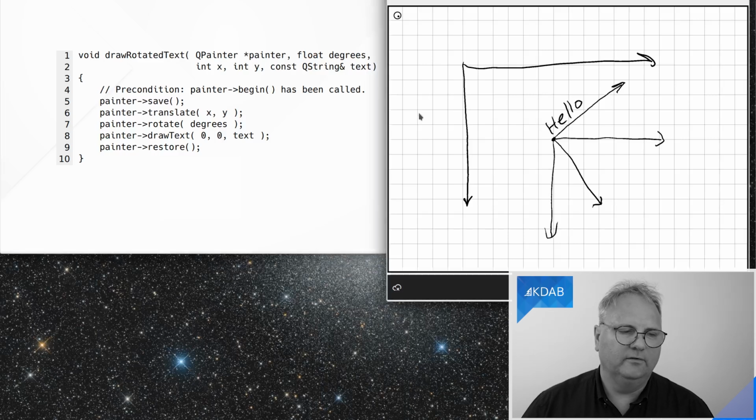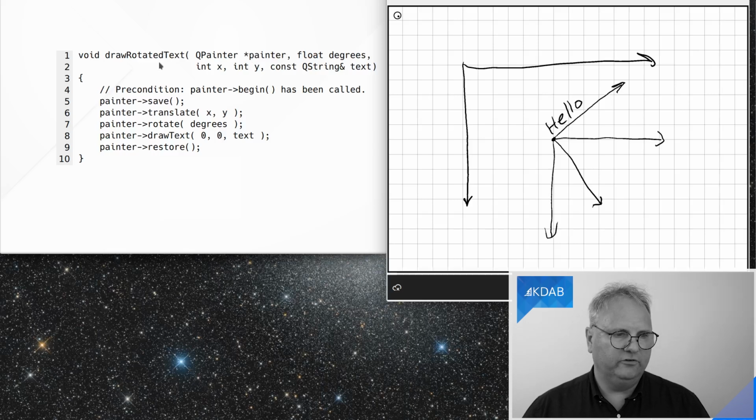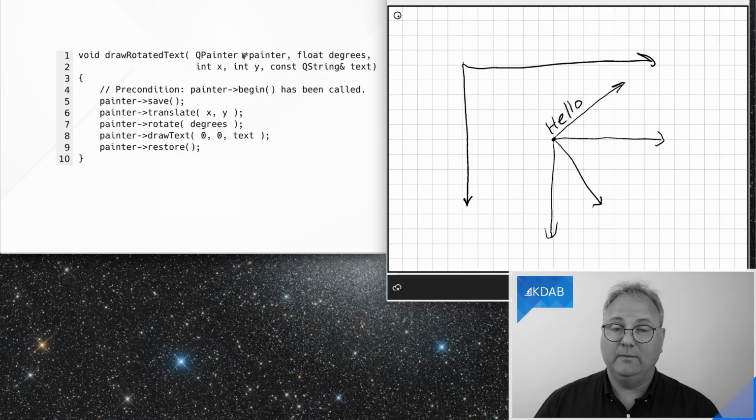Now imagine, I got a QPainter in here as a parameter. Imagine I wanted to draw some rotated text at another position with another degree. I obviously need to hand my QPainter back, because these were operations on the QPainter itself. So I needed to hand it back in a state that was as it was when I got it. And I can't just take a copy of QPainter and operate on that because, well, I get a pointer to a QPainter, right?